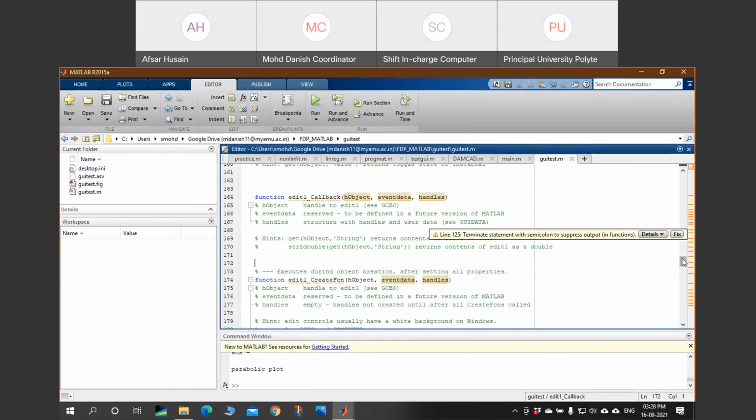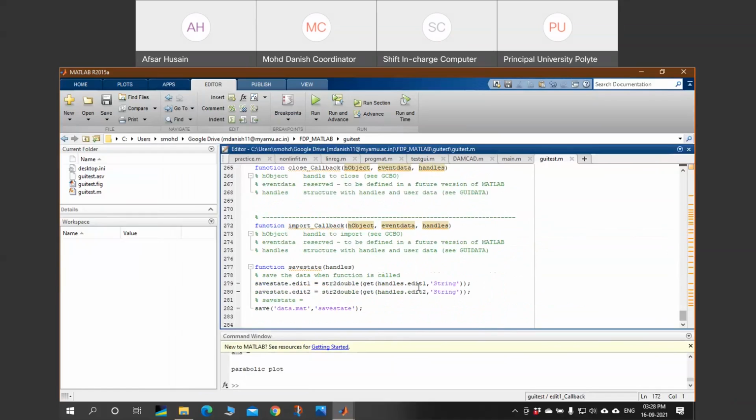But over here I have written handles dot edit one. Remember, each function has some handles and some objects. The data is stored in the handles. Whatever the data will be, it is stored in the handle.